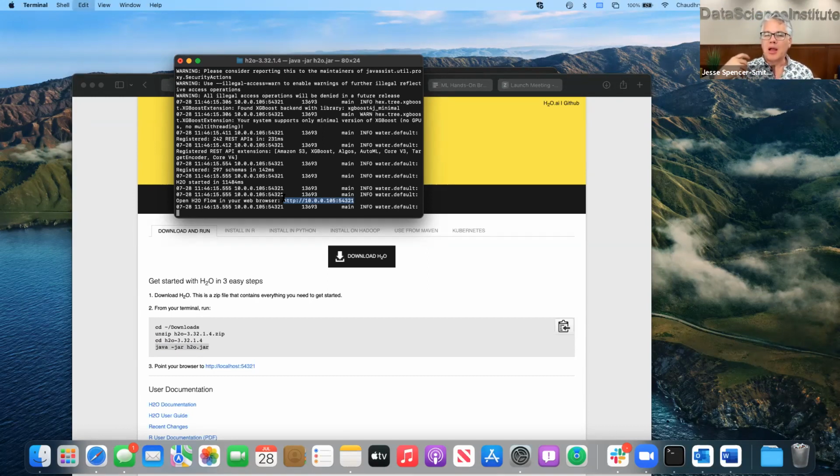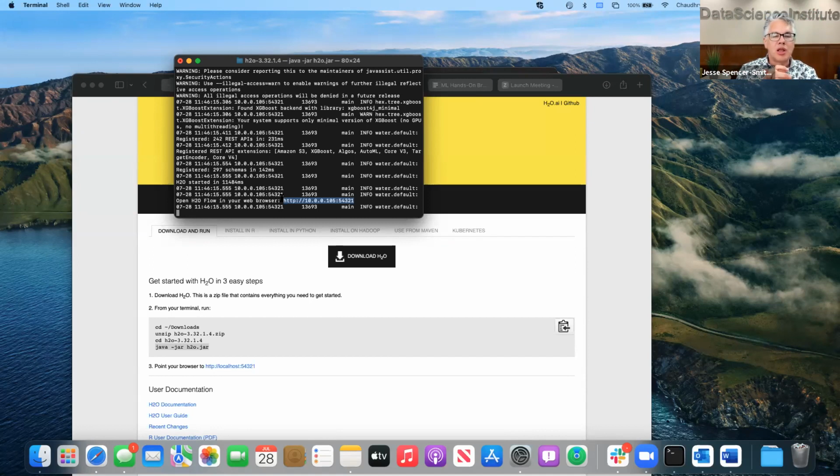The whole idea behind H2O is that it's a service that will do machine learning for you, and you can interact with it from R or from Python or interactively from a web browser, and that's what's called H2O Flow.